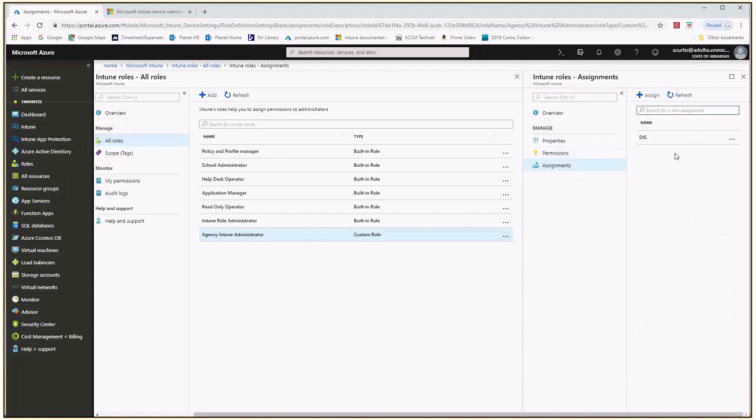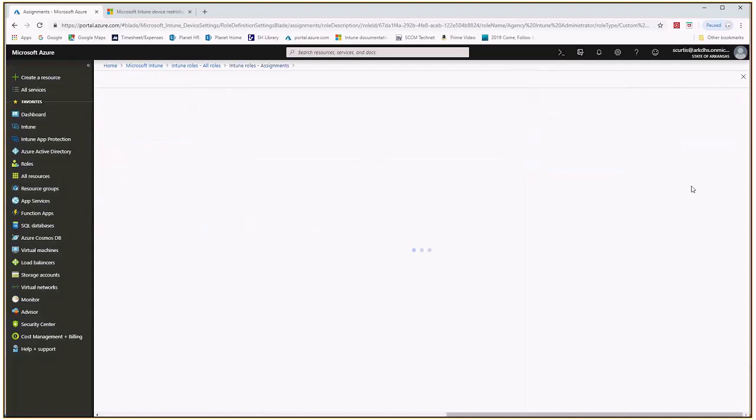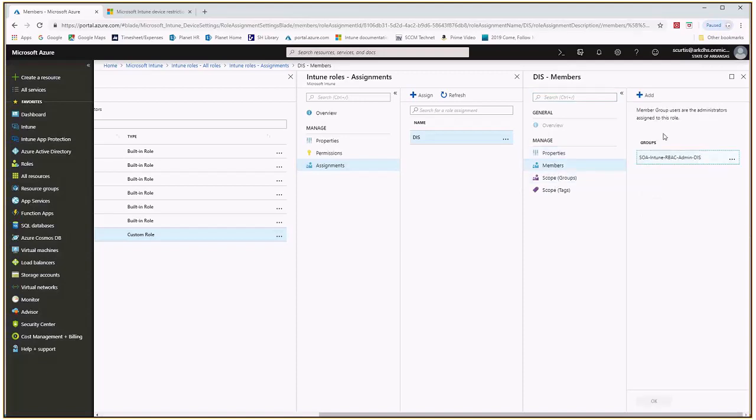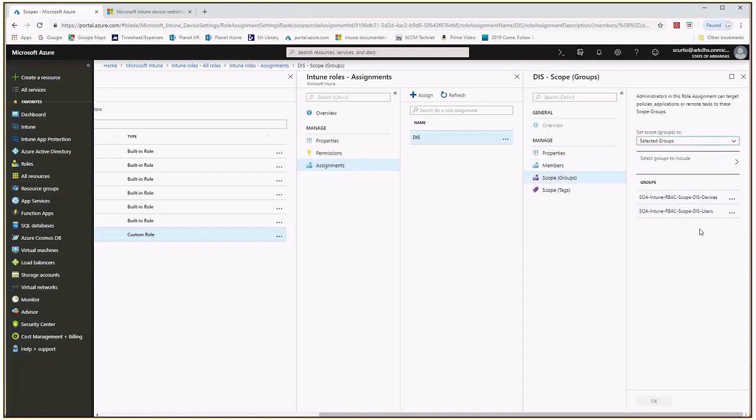Assignments is where, if you create an assignment, you set up the members and the scope, or the targeted users that you're managing. So you can say members is this group, those are the admins, and then the scope are the people that I'm going to manage. Now the whole reason why we want to do this is